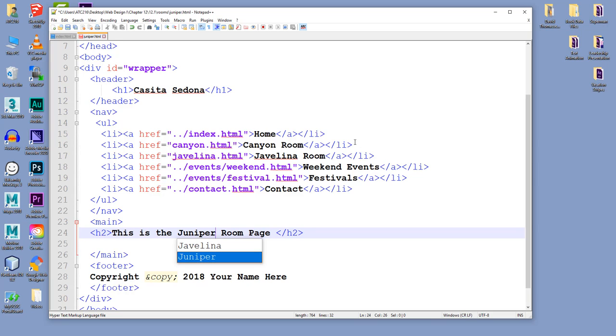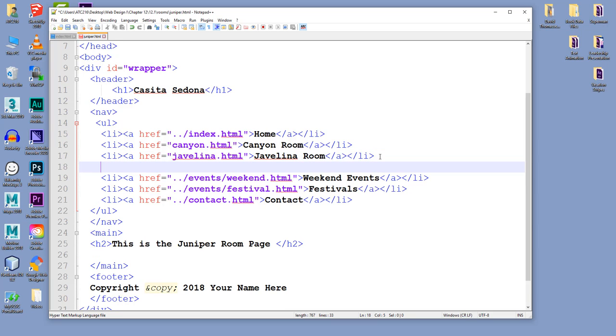So we're going to come here right after this one and we're going to create another list item. Okay, so there's our Juniper room. So if I save this,